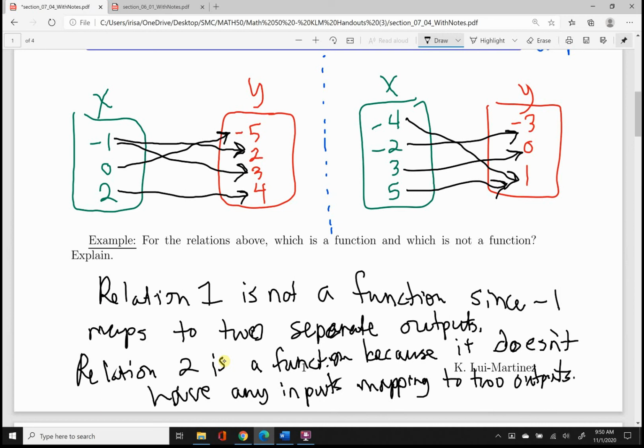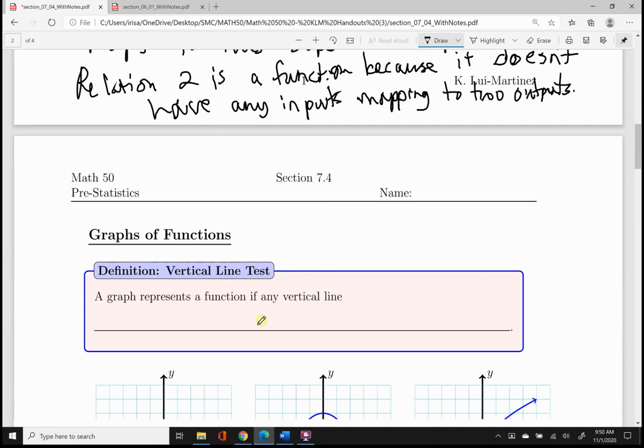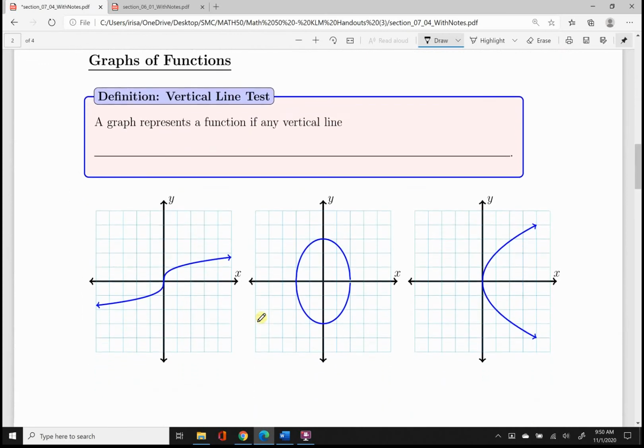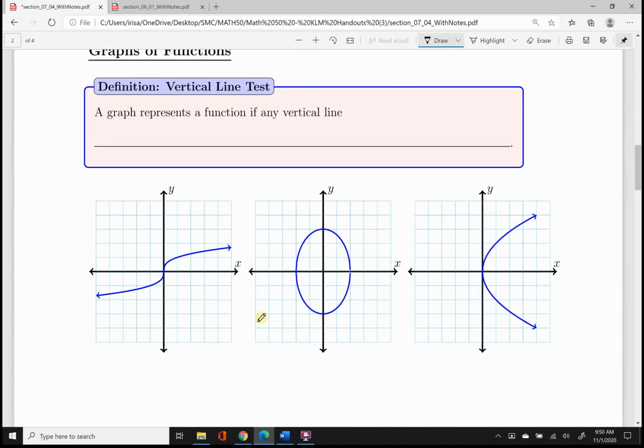There we go. We can discuss this more in class if you'd like, just let me know. Okay, now let's talk about graphing functions. A graph represents a function if it passes the vertical line test. So the test goes like this: if the vertical line passes through the trajectory of your graph more than once,